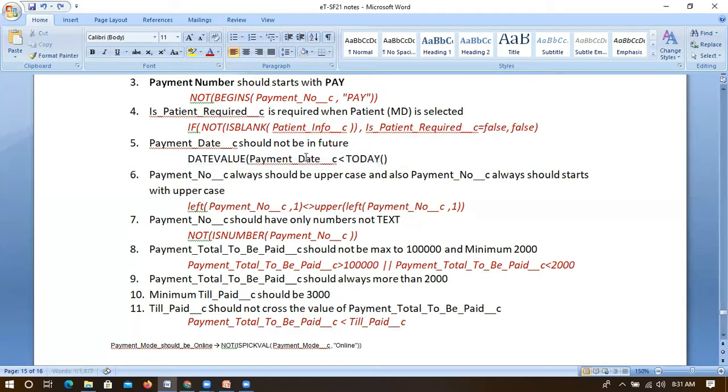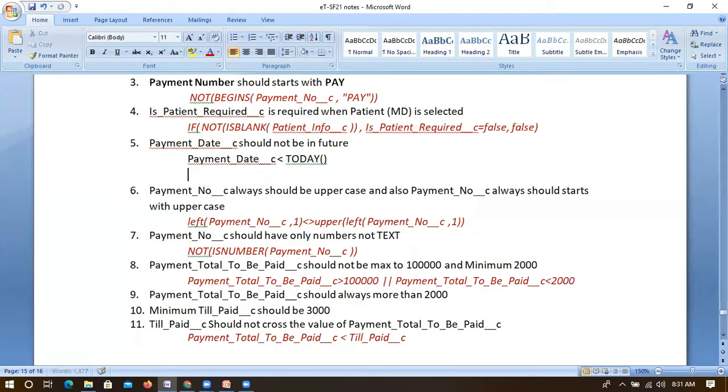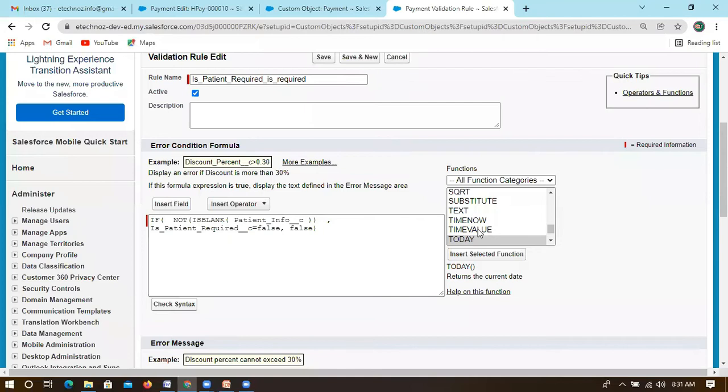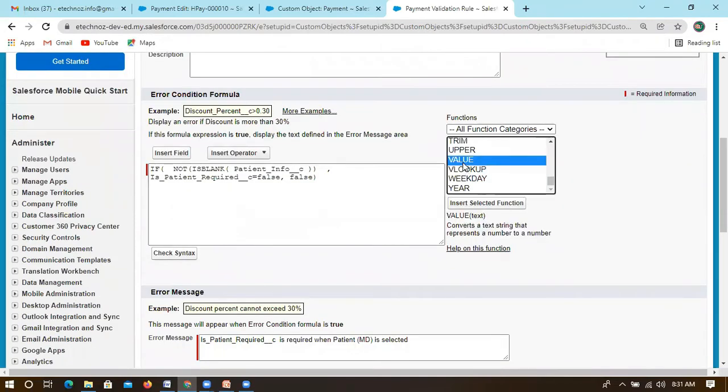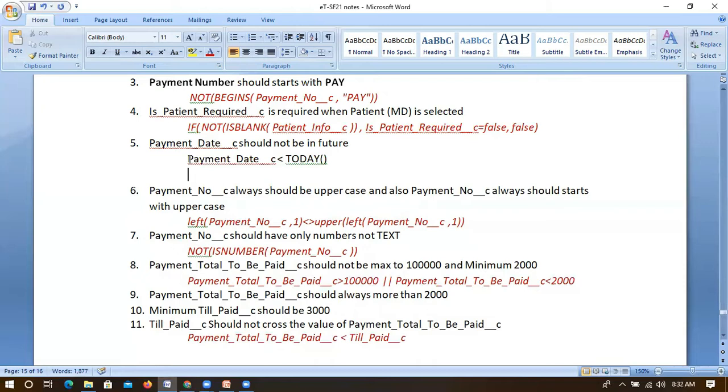If it is a different data type, different formats, we have to first convert them. Both are dates here, I know, so I'm just using this. If you want to use date time formats, then you have to go with now, check for now, which is a date time format. If you have now, then how you have to write it: this payment date you have to convert to date time.